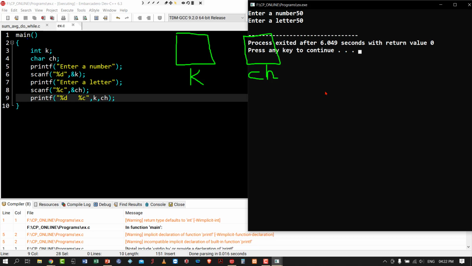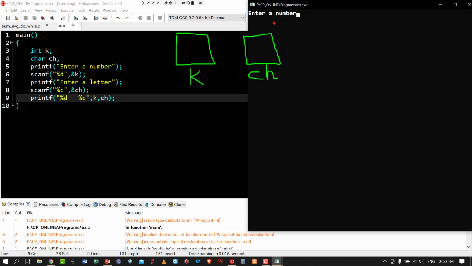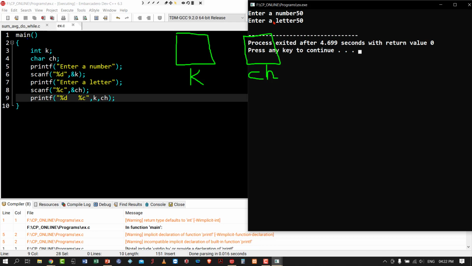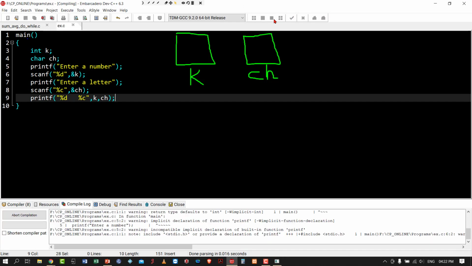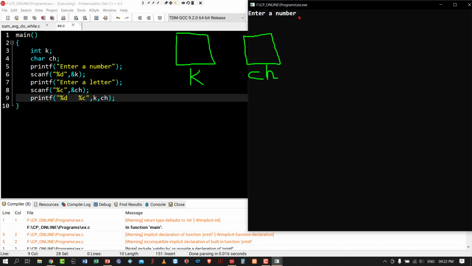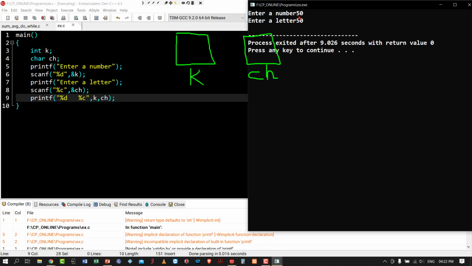Then I press the enter. Once again, I will show you the output. I'm just typing 50. Now I completed typing 50. Now I'm just pressing the enter key. It is again executing this printf statement, and actually it is not waiting to read that character. Here in the initial case, the cursor is blinking because it is waiting for an integer to be entered. So I'm entering 50. Then I just press enter. It is not waiting for reading a character.